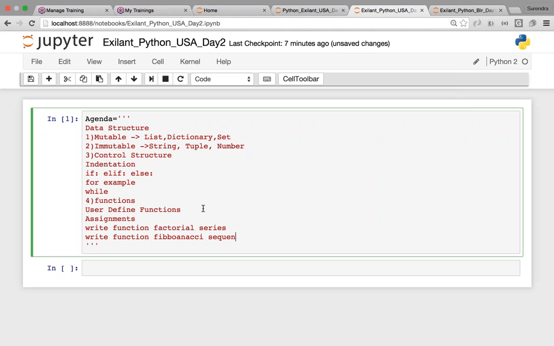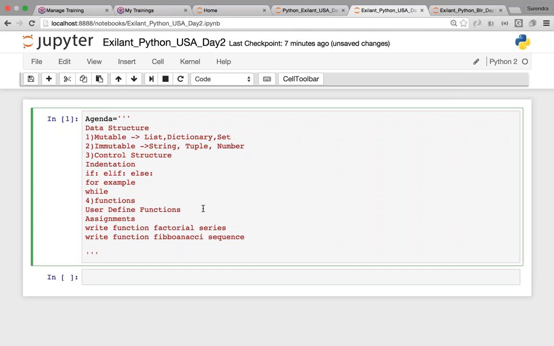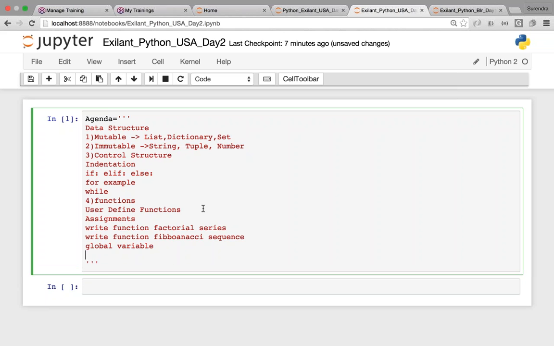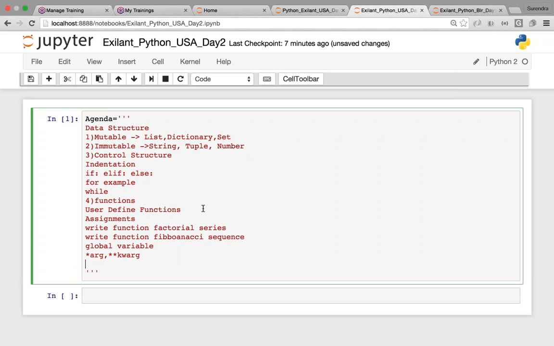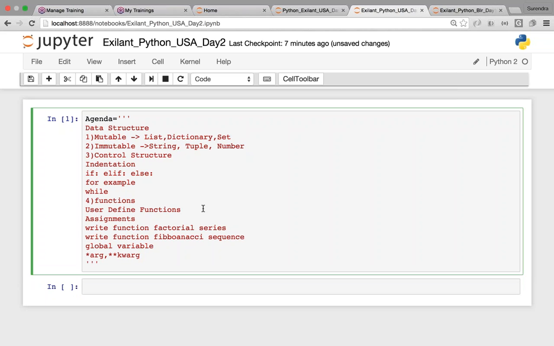So that will be the assignment, and there will be some functions for global variables. How do you declare global variables? As well as there will be some special argument function like star args and double star kwargs, the meaning of that. Okay, so like that we'll be having several examples of functions, as well as if-elif control structure,